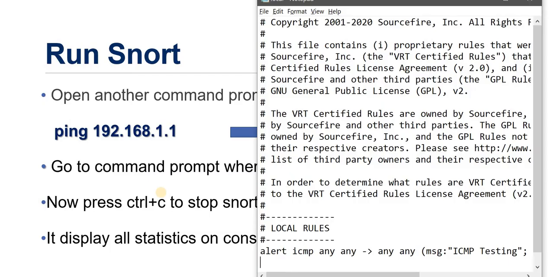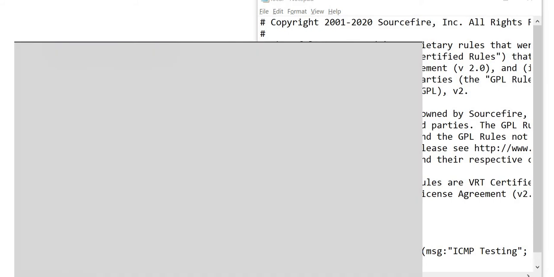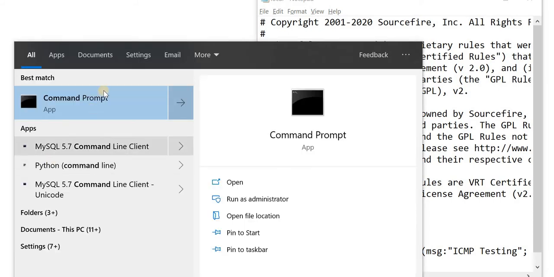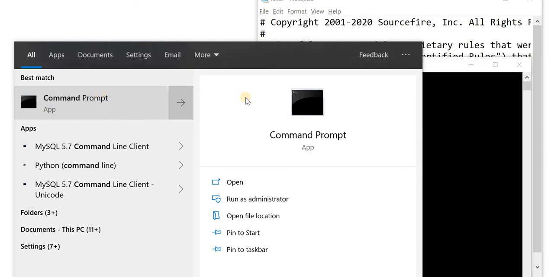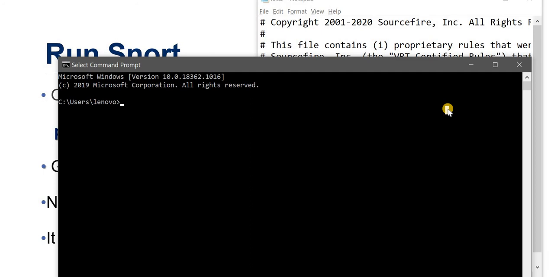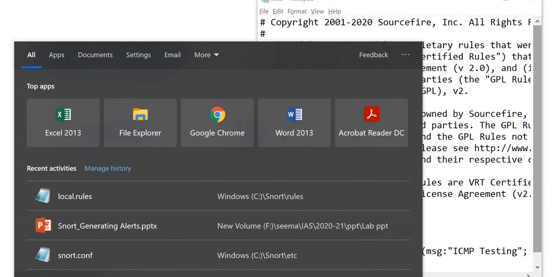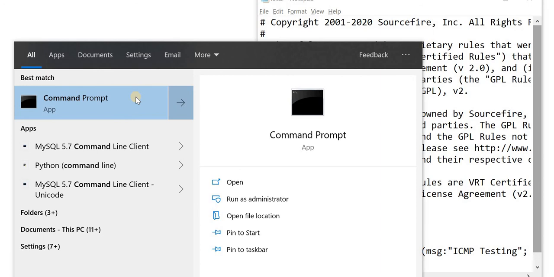So we go to the command prompt first. If you go directly, it opens the command prompt as a normal user, but this is not what we want to run Snort. So you have to open the command prompt with admin permission.